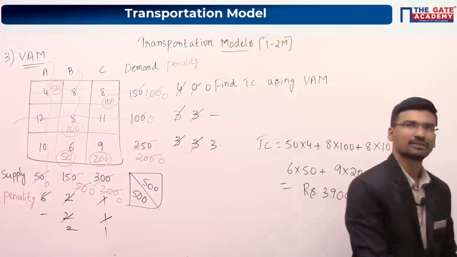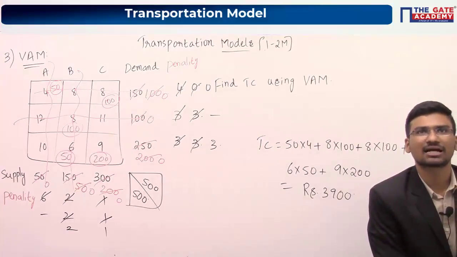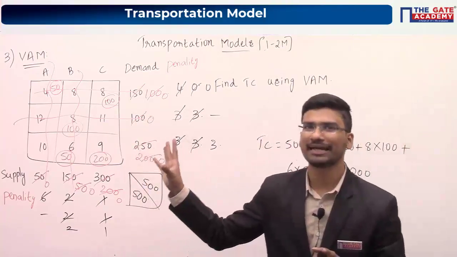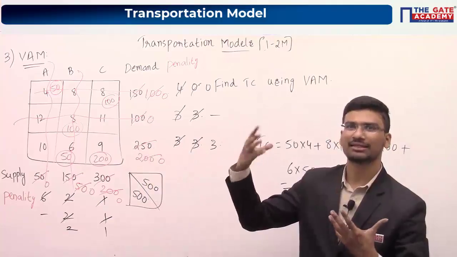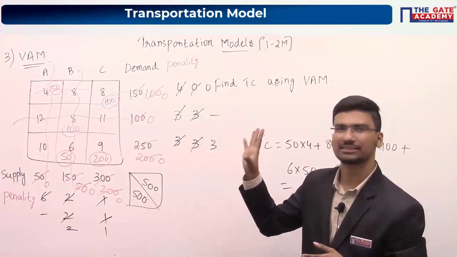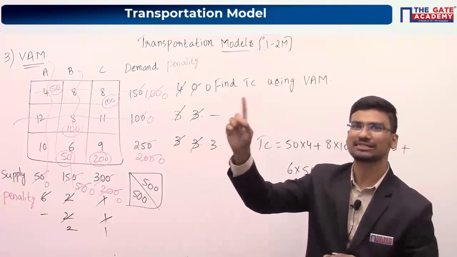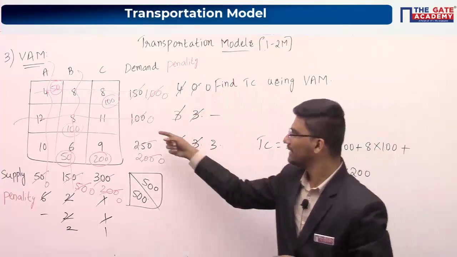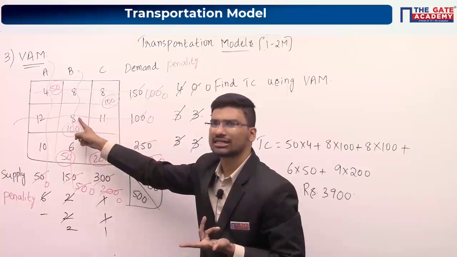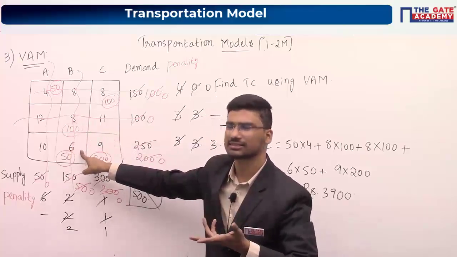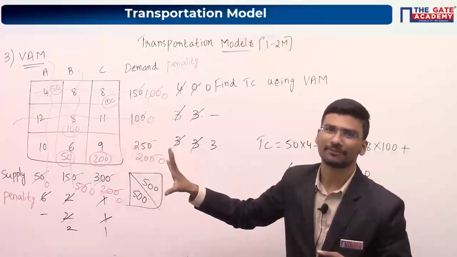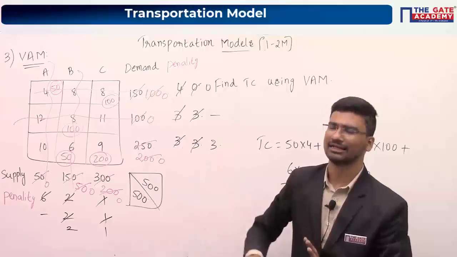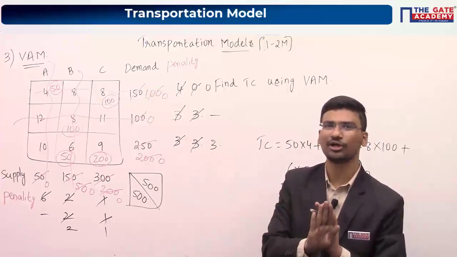So Anurag, you are asking something, but 6, 9, 1 because the minimum unit cost there. See, here you cannot break ties using any methods. We do not have any methods to break ties. So in the LCM method, as the least cost was the same, we went to the cost cell where maximum allocation is possible. But here you will have least cost as 8, and here you will have least cost as 6. The allocation units are also different. So don't worry, just break ties randomly or arbitrarily. You will get the same answer. In the GATE examination, no need to worry.